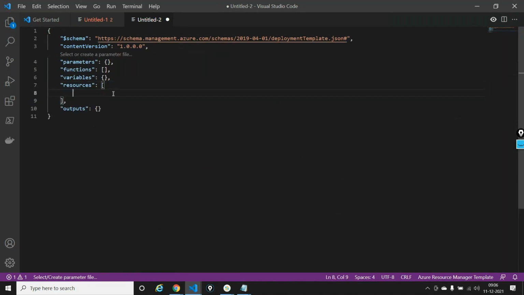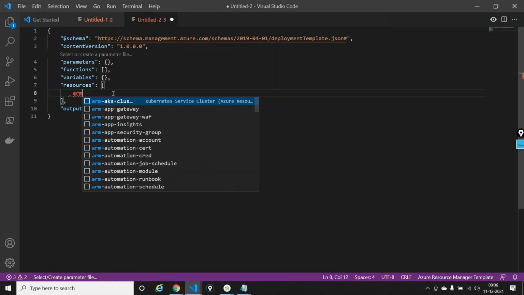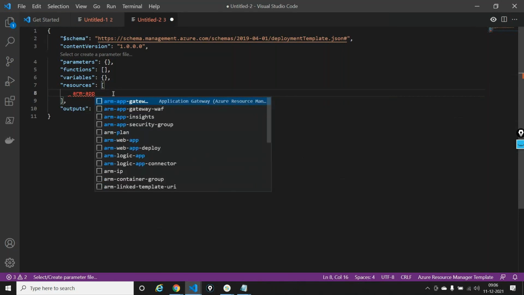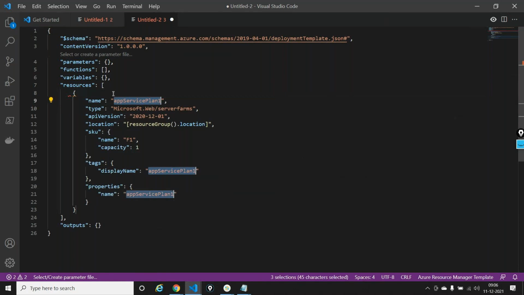Resources. App service or web app, right? So you have an app service plan and I need a web app. Two things. Firstly, I'll do an app service plan and I will say that the name of the app service plan is parameters